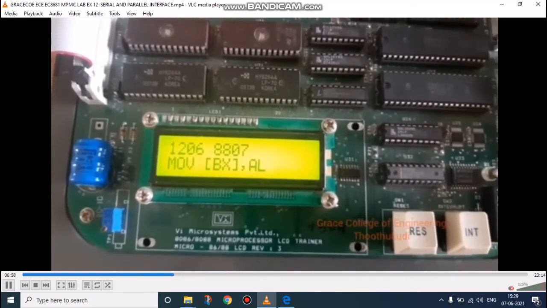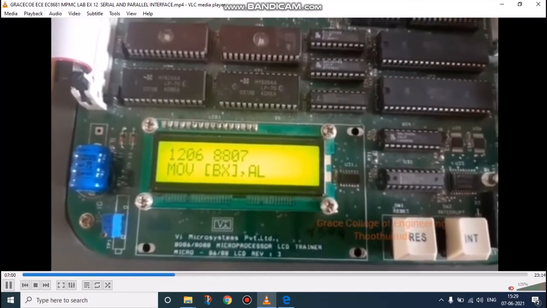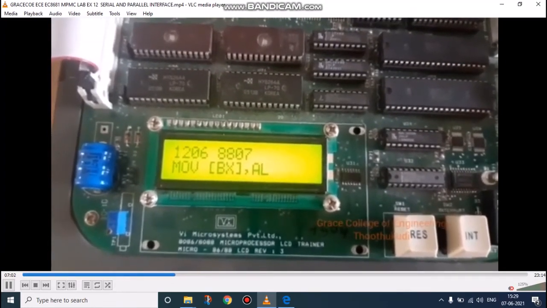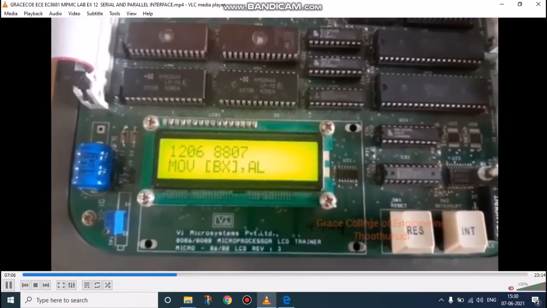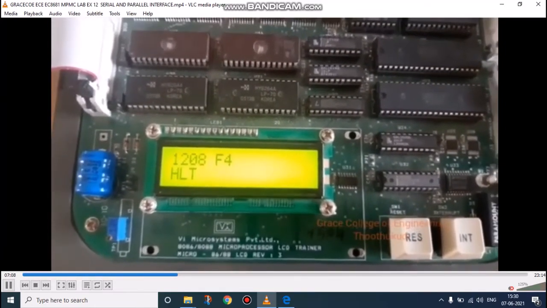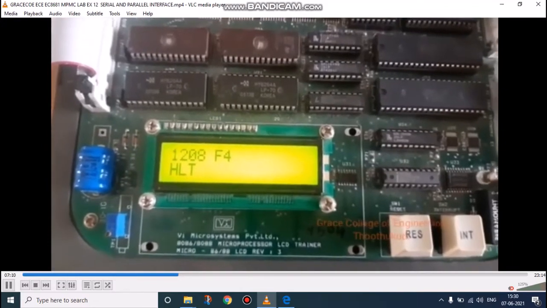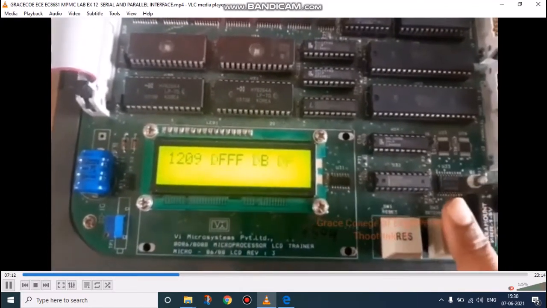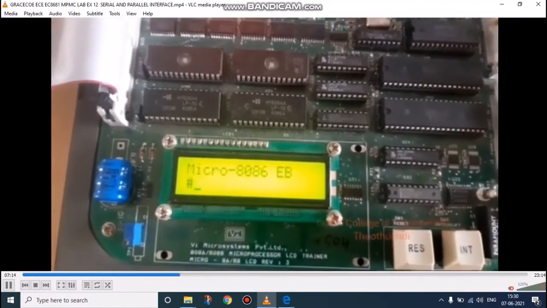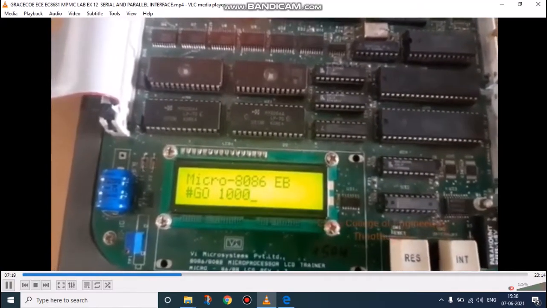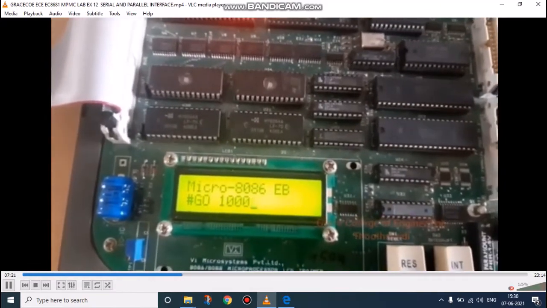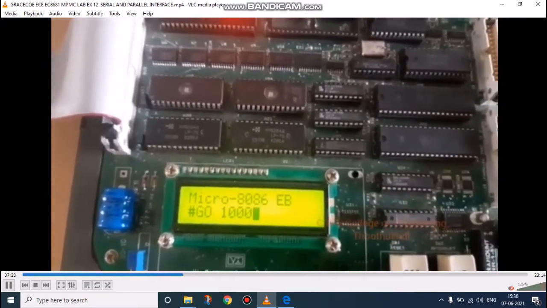This AL, that is the 41 value, is moved to the 1250 address, and we can see the output in the receiver port. Then we can halt the program. Now we have to press enter, and before that execution, okay, go 1000 only we have to give for execution.